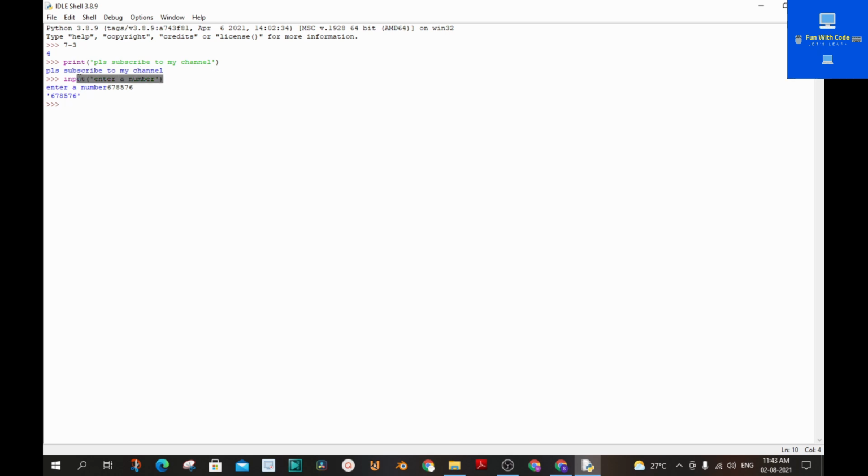If you want to specify whether to take a string value or an integer value, you can do that. You can just type int for integer, then open a bracket and type input. You should do this if you want to take any integer value as input, and just type whatever you want.